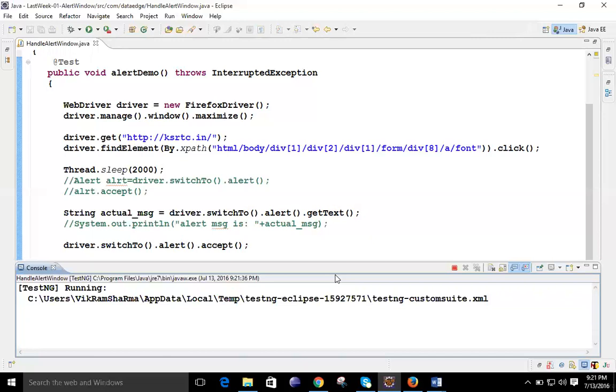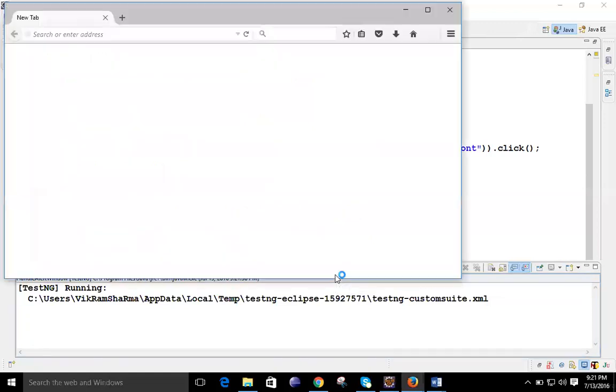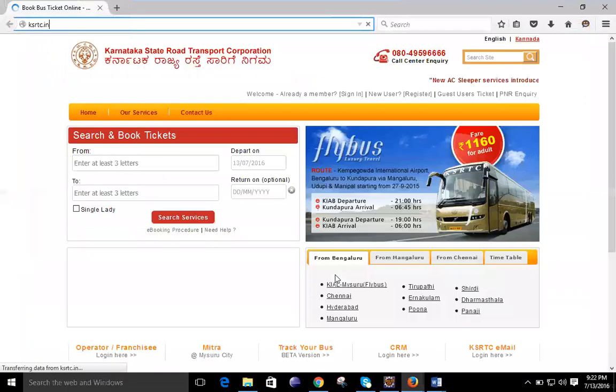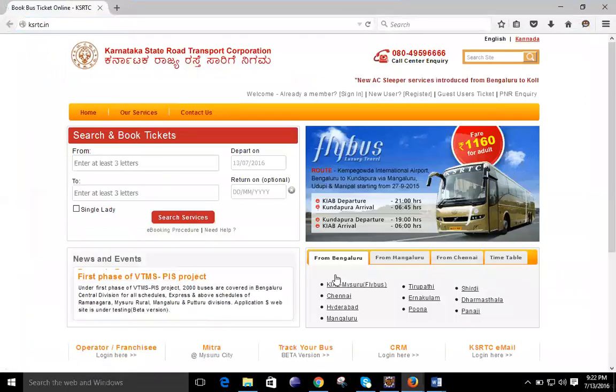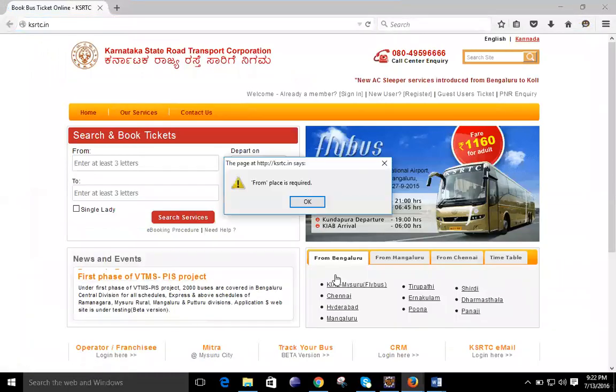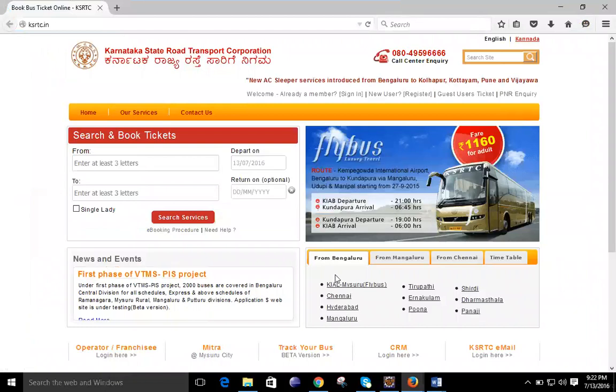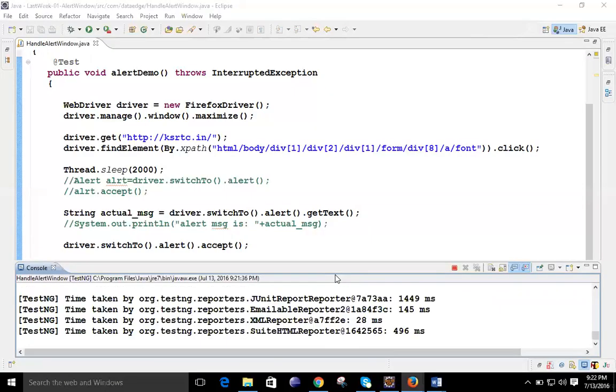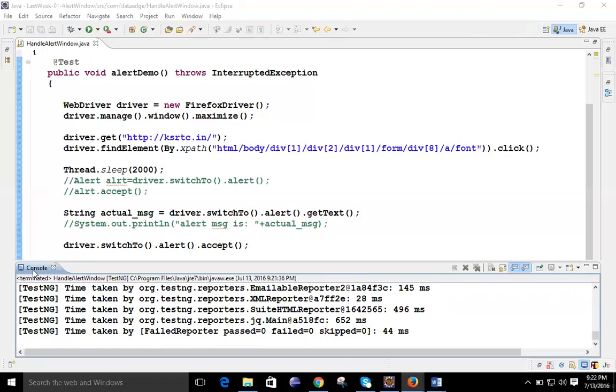The overall agenda of this example is how we can deal with alert messages. Will this be true for pop-up windows too, Vikram, or just for alert messages? It is for alerts because it is taking the help of the Alert class. Okay, so for pop-ups that's another method. They are separate codes you need to write.